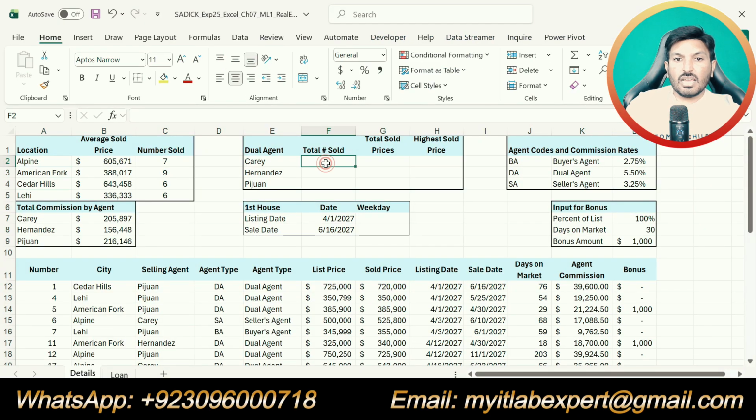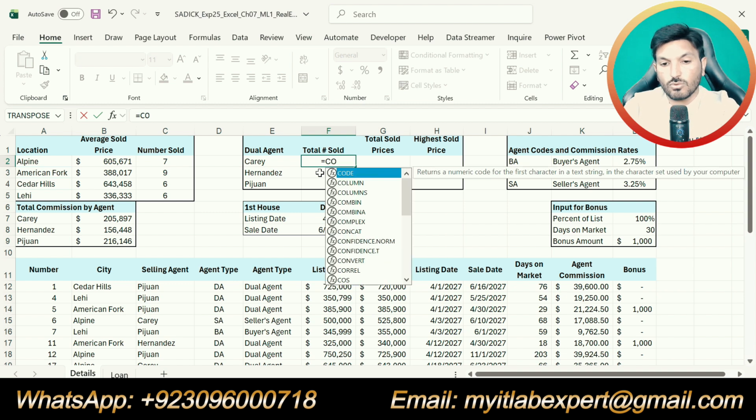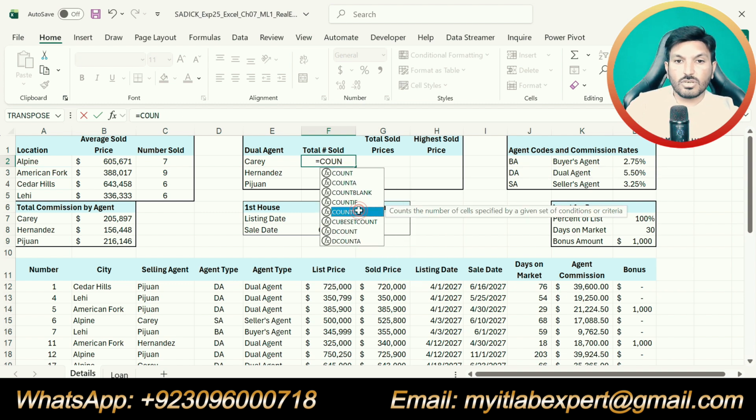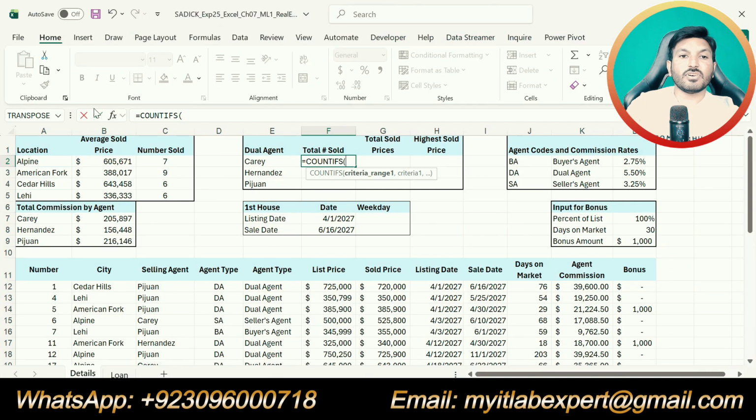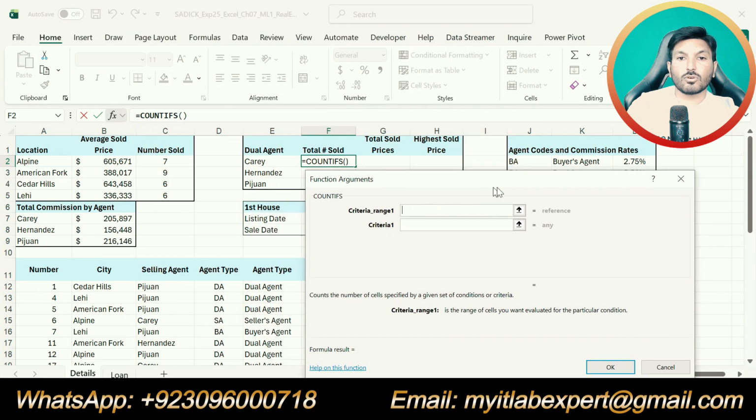So this is cell F2 and we are going to calculate the number of houses sold by the Carry agent. So type equal sign and use COUNTIFS, because we are supposed to use the COUNTIFS function. So now click on the function symbol to enter the function arguments.